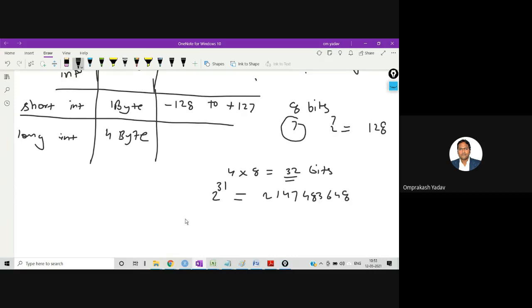Okay. So range will be minus 2147, 483 and 648 to plus 2147, 483, 647. Okay, so this will be the range for long int.